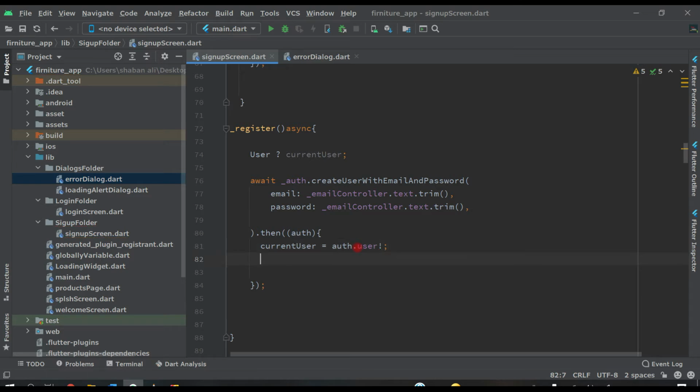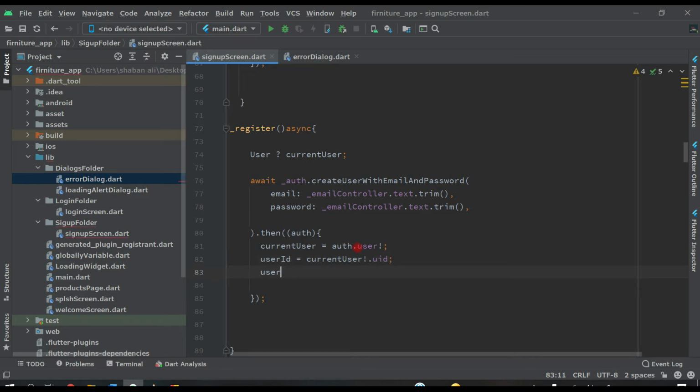Now here userId will be equal to currentUser.uid, and after this put an exclamation mark like this and a semicolon.